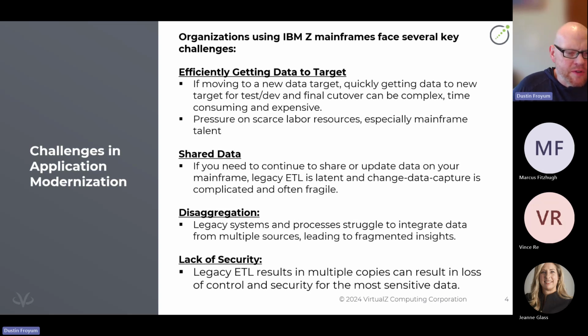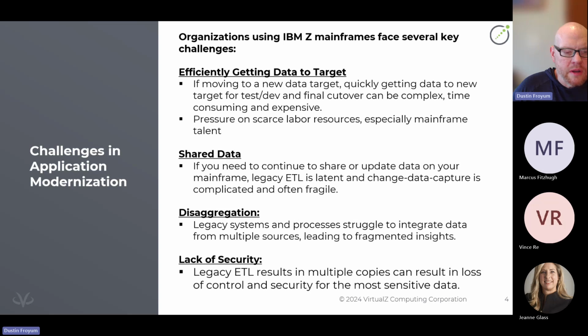Then you have challenges if you have shared data. So if your SOR remains on the mainframe or your SOR is off the mainframe, but you need to share data back to the mainframe, how do you do that in today's available targets, tools, etc.? Do you have to go with a legacy ETL method and change data capture, or is there a better way to do that? And then if you're processing in two different compute environments, whether that's cloud distributed plus your mainframe, how do you deal with disaggregation of data and those applications, particularly if you have a shared SOR still from